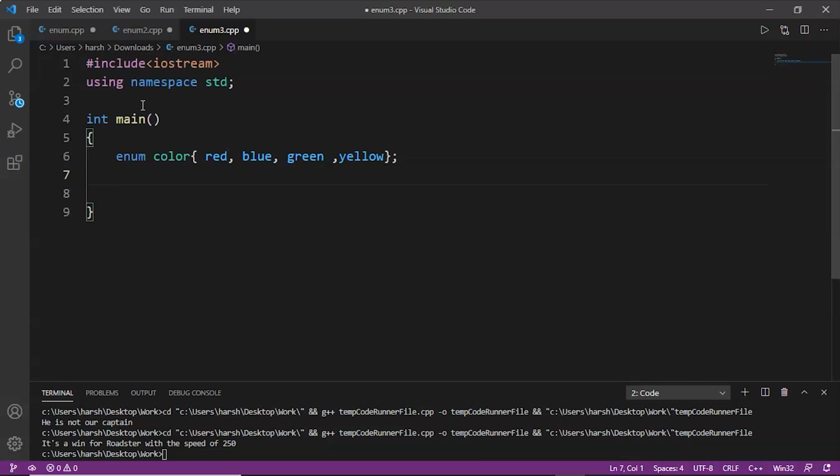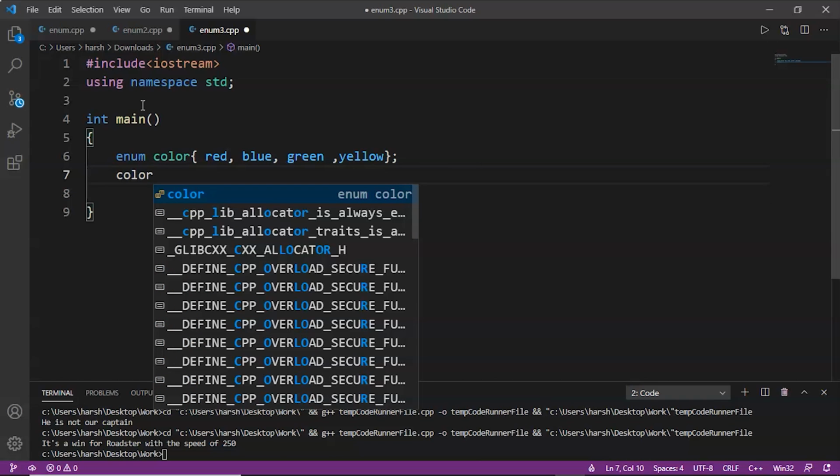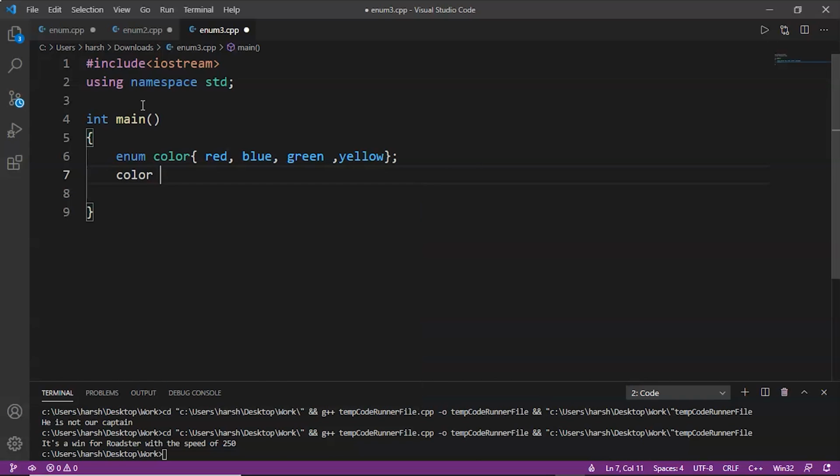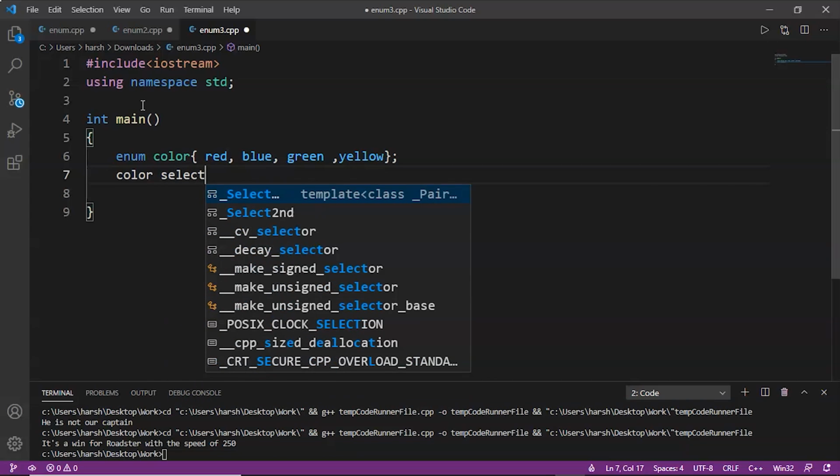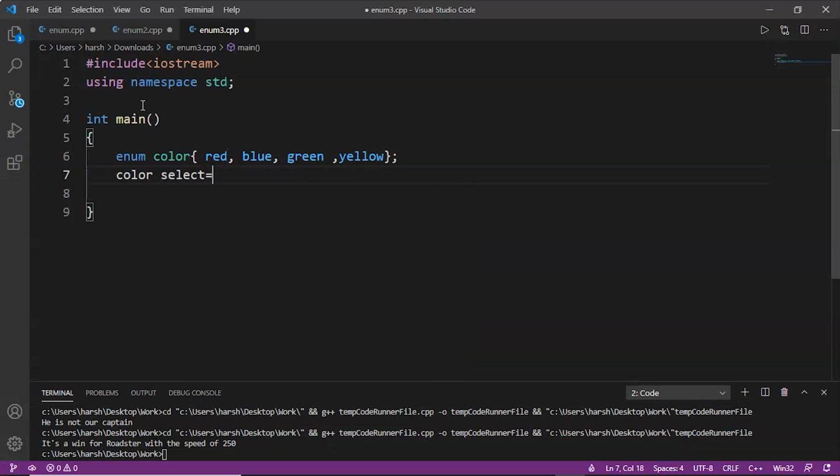So first of all we have to create that variable, and in order to create the variable we will write the enumeration type name color and then the variable name select. Now we will assign one color from the above colors, let's say yellow.